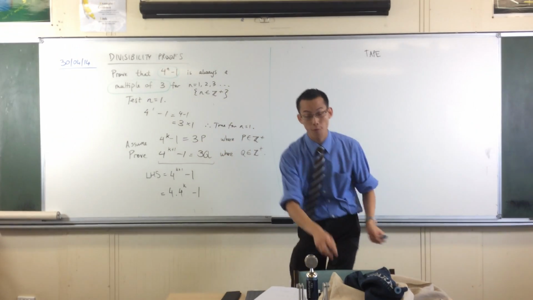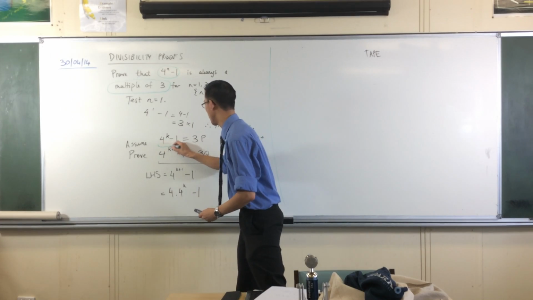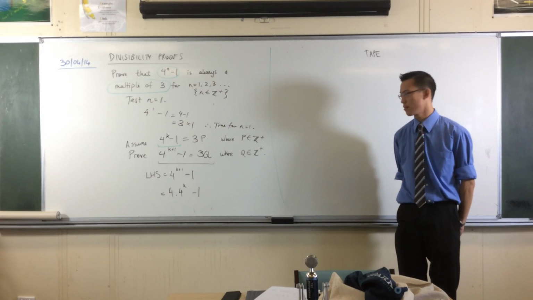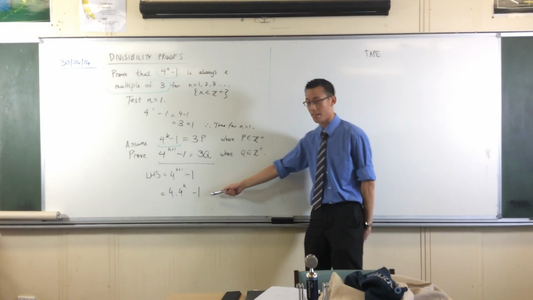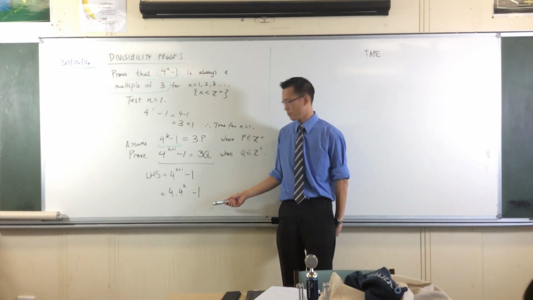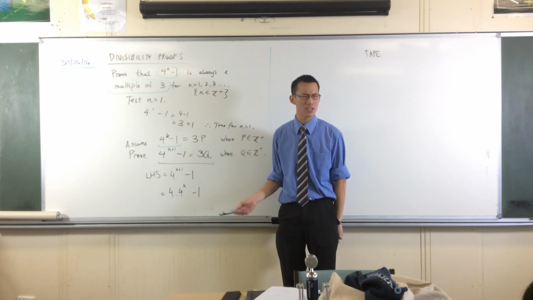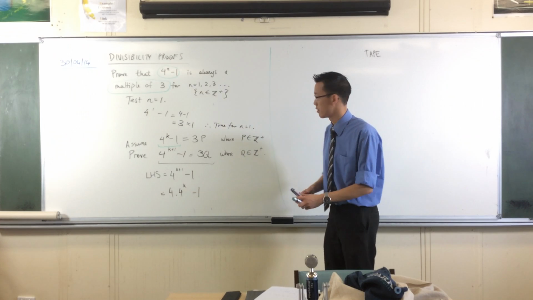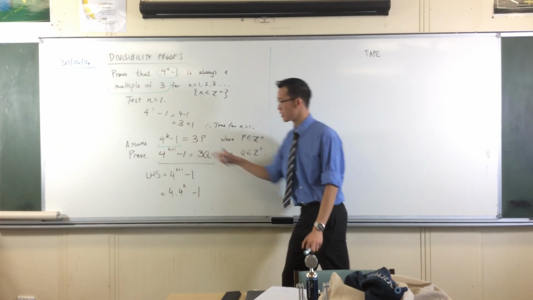This is what I'm after, a 4 to the k minus 1, right? Now, is there a 4 to the k minus 1? Is there one of them in this line that I've written? There is, isn't there? It's just not quite as obvious, right? Because I've got this extra 4 hanging around the front, okay? If I just want 4 to the k minus 1,